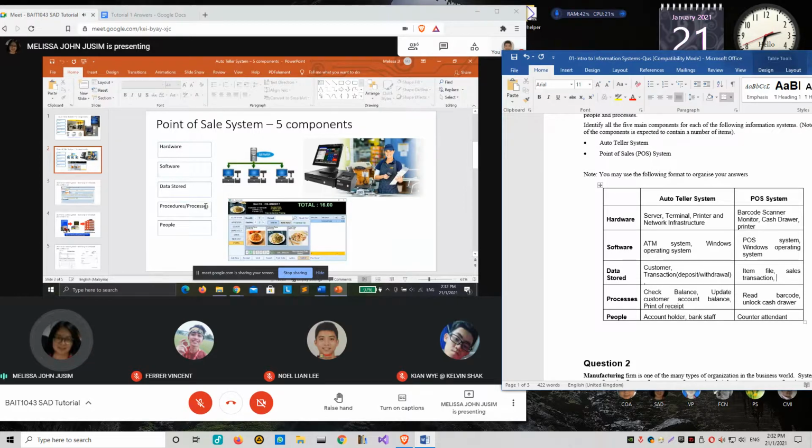Okay, next would be the procedures or the processes. What can the POS system perform? What kind of process? Reading barcode, that one is a very small sub process already.